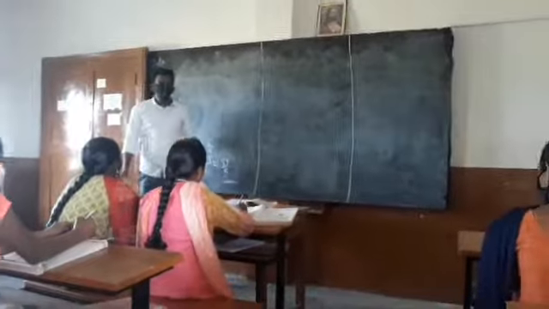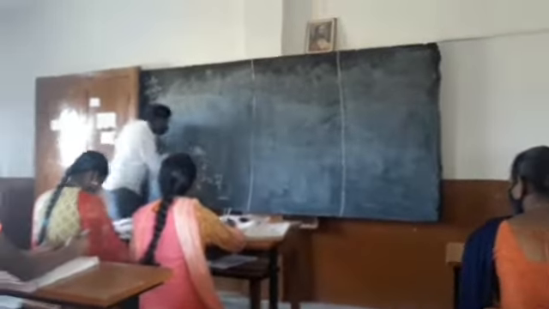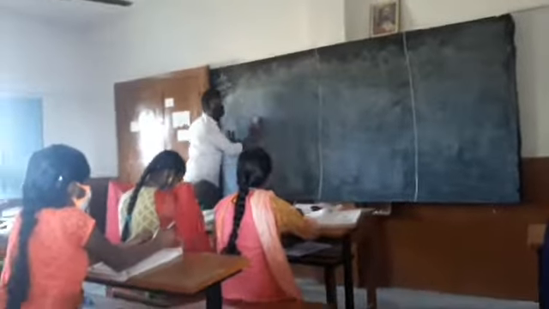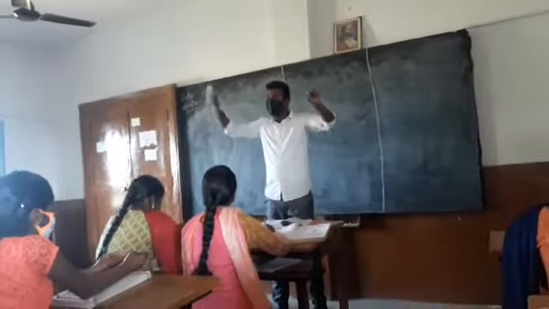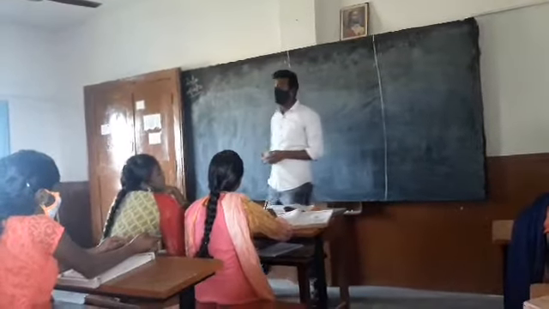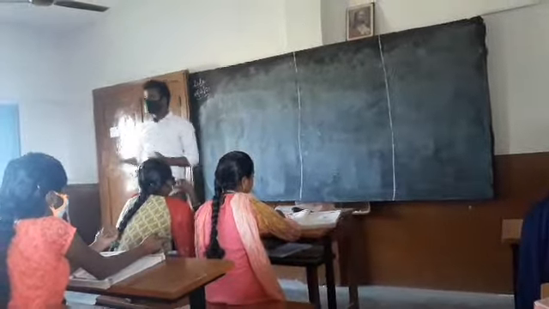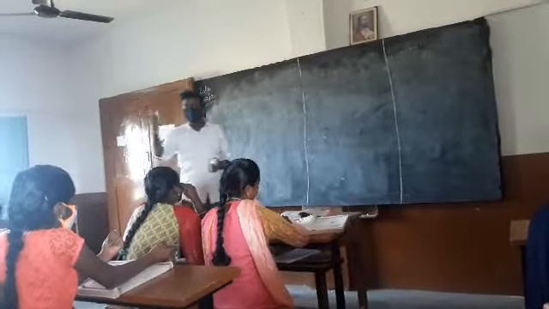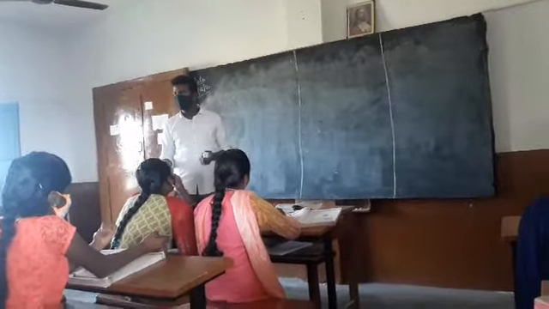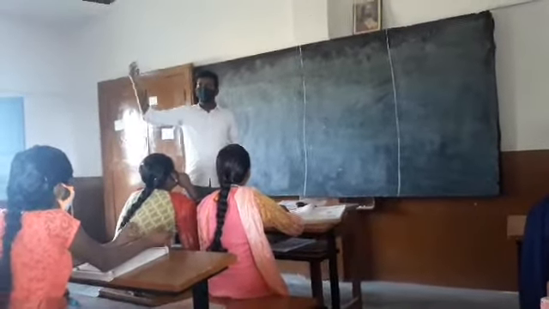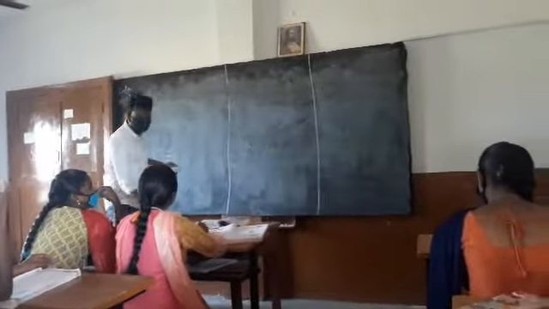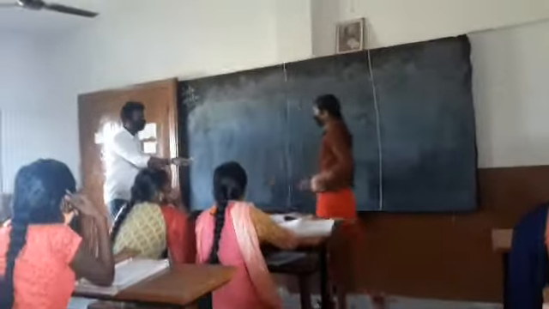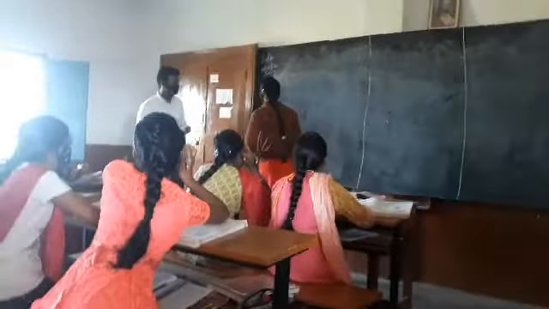In your lower classes, you have plotted each and every integer or natural number or whole number on a number line. Now we are interested in plotting the rational numbers. It's quite easy to plot the integers, whole numbers or natural numbers on the number line. Who will plot the integer number line for me on the board? Yes. I'll give the chance, no problem. Plot the integers on the number line.